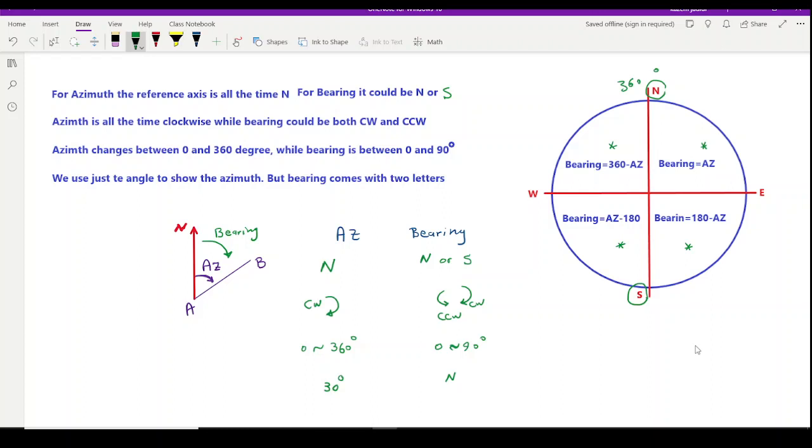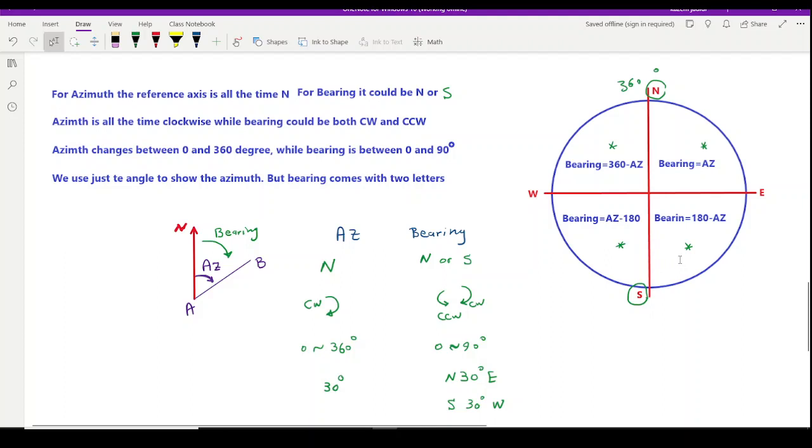So it's going to be north if our reference is north, or it's going to be south if our reference is south. Then the magnitude of the angle, for example 30 degrees, and the direction that the angle is rotating. If it's the first quadrant, it's going to be north 30 east, or it could be south 30, just as an example,